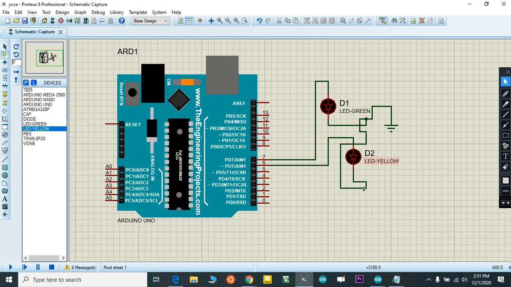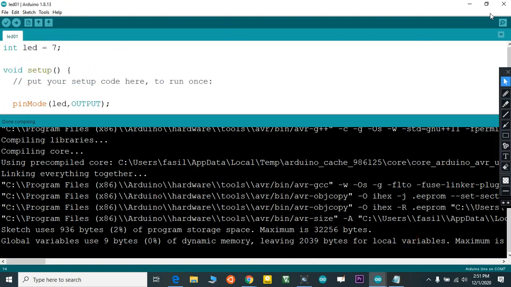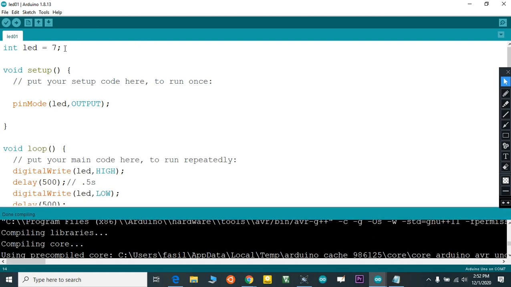Just ground it. Okay, so I fixed my circuit. I need to program my Arduino looking at this. So first I need to declare my second LED here.